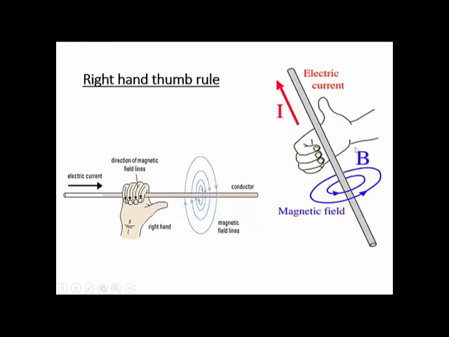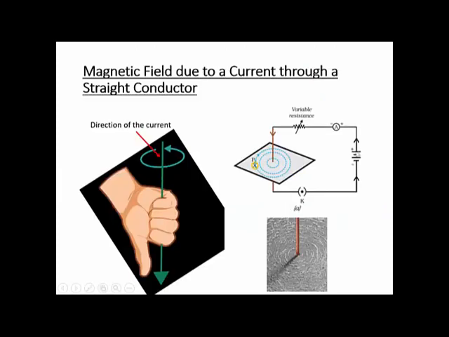Always the current will flow from positive to negative. So the current will start from here, move like this, go down through the conductor, then come back to the negative. Start from positive, go down like this, and then come back to the negative. And that is the direction of the current. Suppose you are holding the conductor straight, in a vertical direction like this. So this green arrow is the direction of the current. Look at this conductor. Current is going from top to bottom.